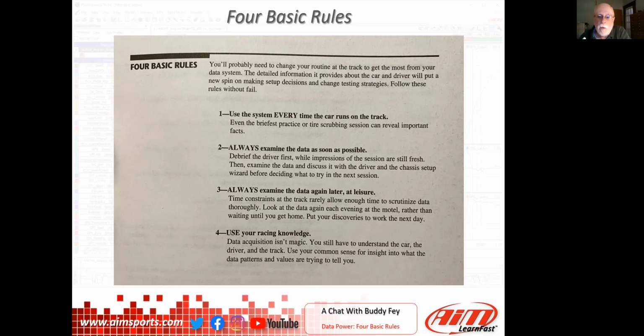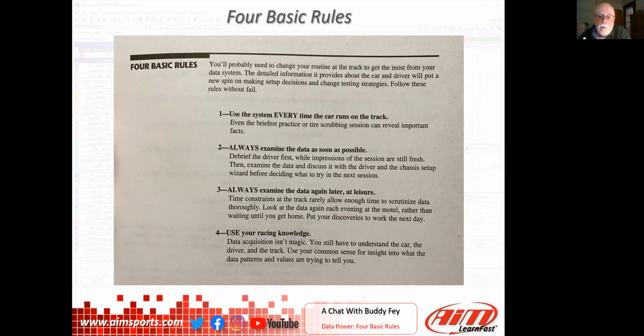Lower the rear ride height. We're going to change the rear shock adjustment. If we do that, we're going to do rebound and bump. We're going to change the rear spring. We're going to change the rear bar. We're going to do something with rear suspension geometry. And there's a big universe of solutions.